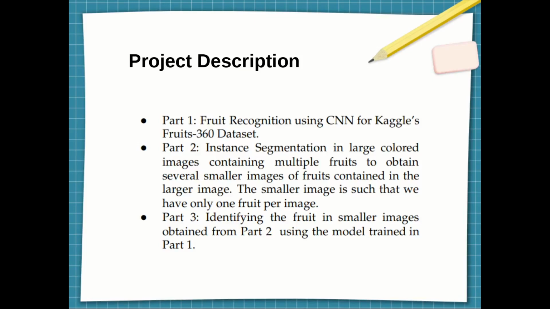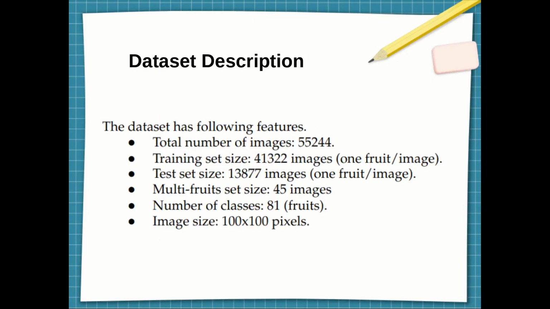Let's move forward. My dataset has 55,244 images, and out of those, around 41,000 images are in the training set, and the test set has 13,877 images. There is also a multi-fruit set that contains real-life photos with multiple fruits, but those are not with a constant background. There are a lot of different kinds of backgrounds in those,